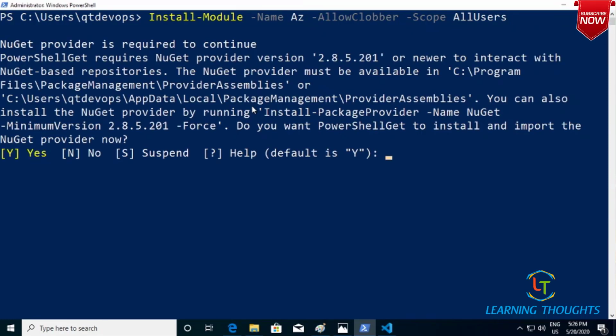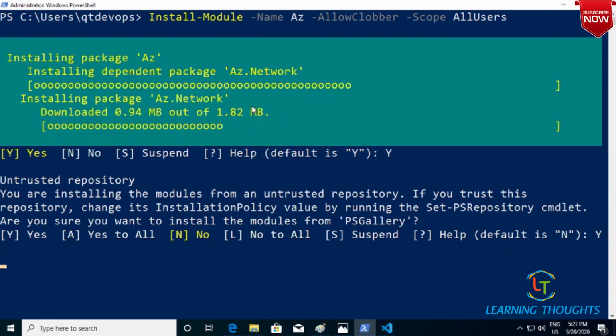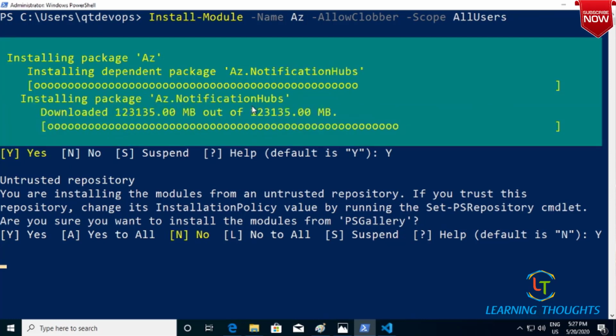This command is asking, do you want to download this NuGet provider? I would say yes, I want to. It is an untrusted repository; just go with yes. So if you see, there are different packages that are getting installed.